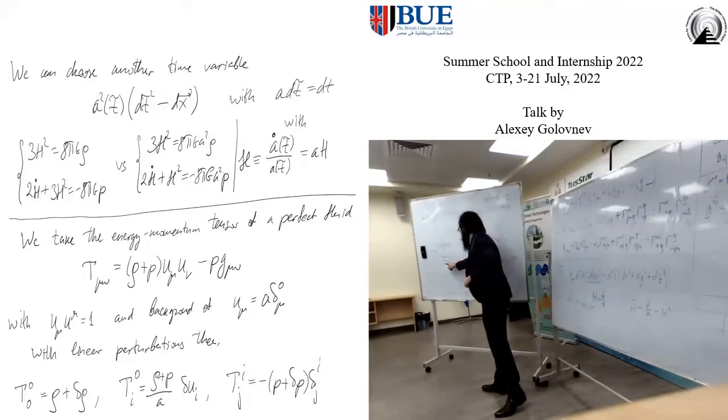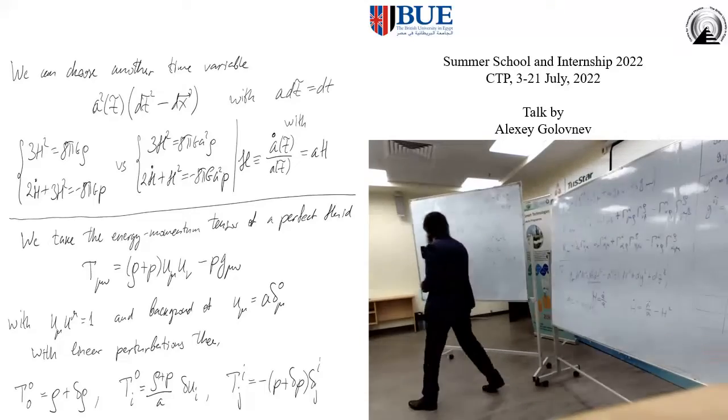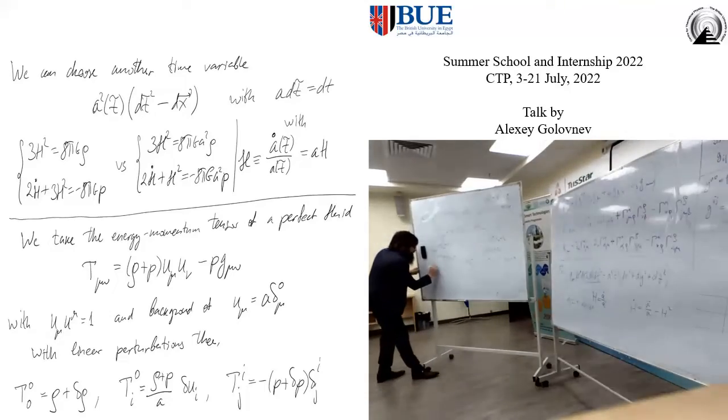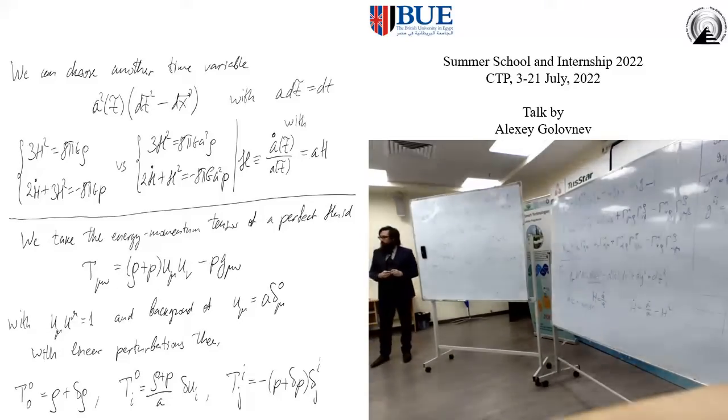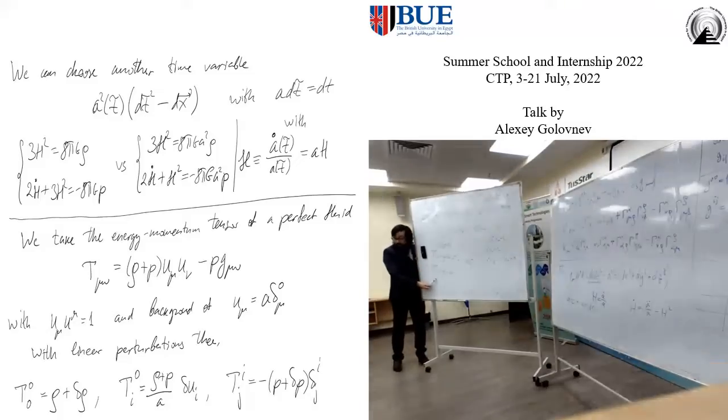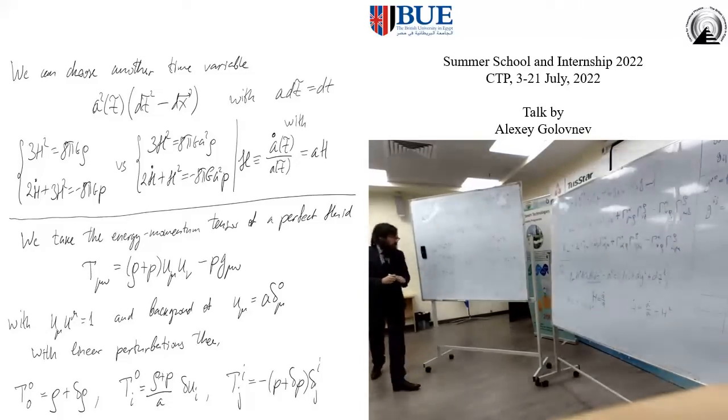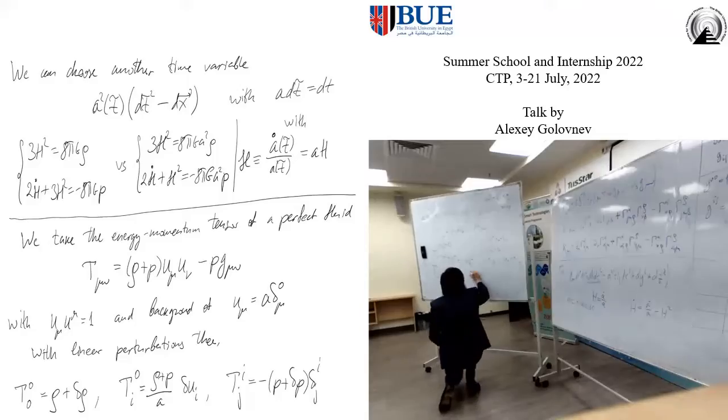And I basically have rho plus P minus P. P cancels itself, and then T^0_0 gives me rho plus delta rho. That's the first order perturbation of the energy density here. Then if I go to here,